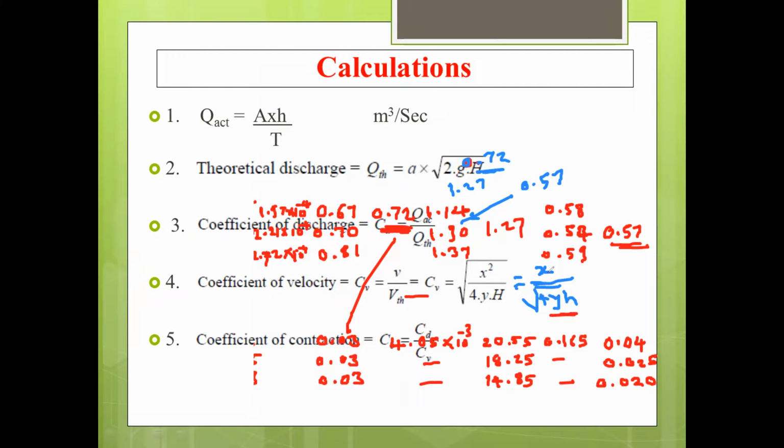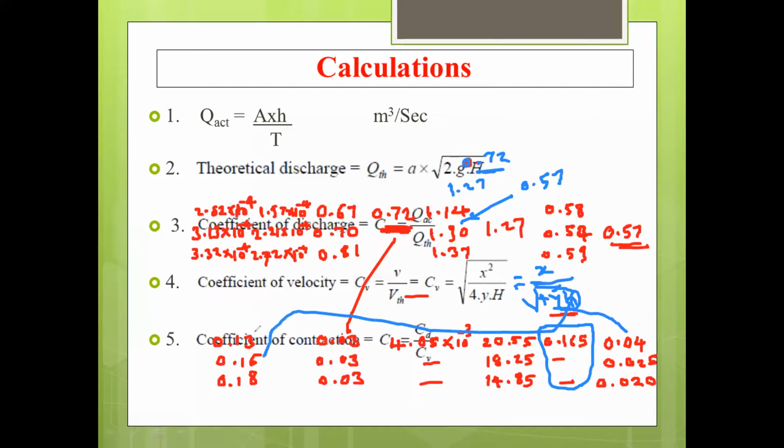The value of x will be constant. We have not changed that. That is 0.165, right? So while doing the calculation in the calculator, you can keep this part constant. Just go on changing the y and h values. What is the y value? The y value is these values. And what is the h value? This h is capital H actually, so I will write it as capital H. And this h is nothing but this h. This h1, this h, this h. So we have to put those values to get the value of CV.